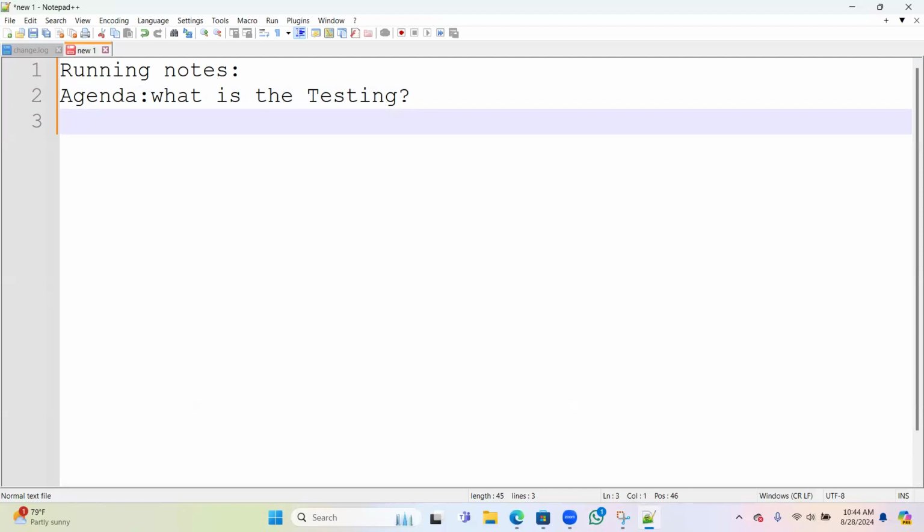Apart from this, we also need to cover the SDLC, software development: how the application will be built, how we do the coding and the testing, what models we have, and what kinds of testing and methods we follow. You might have heard about the test plan or strategy, and how we prepare the document and the test cases. We'll see it one by one.